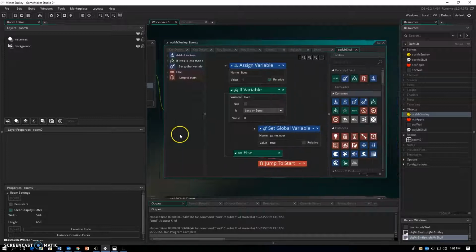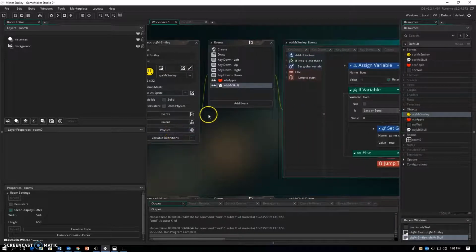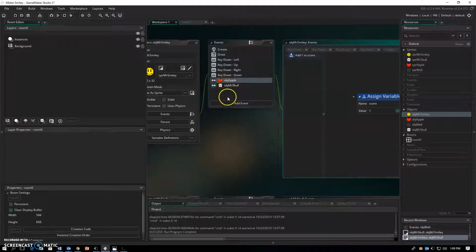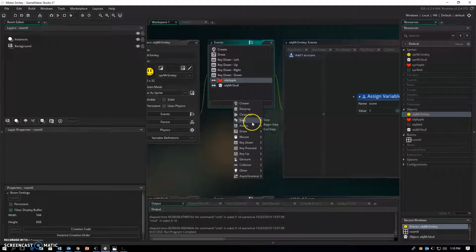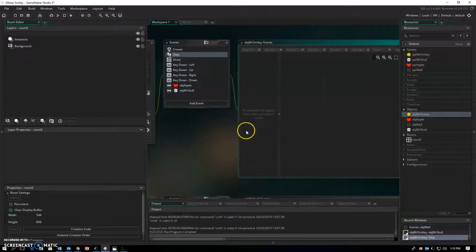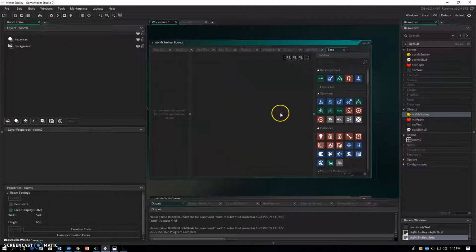The other game over condition is if we collect all the apples, which we could do here in obj_apple. We could also simply do it in our step event, which is where we're going to do it. So I'm going to go to the step event and add the step event. Inside the step event, we're going to